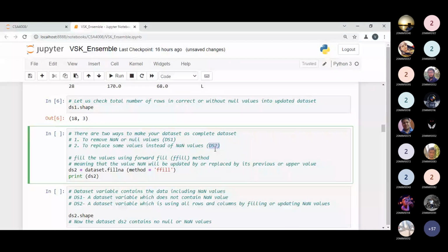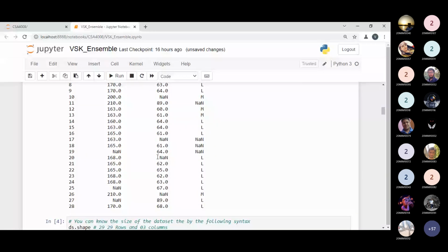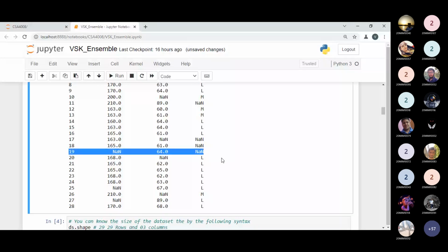Let me explain first what it will do. Look at this point right now. Look at the 19th row, as per the 19th index. The forward fill method will fill the null values from the previous values. So what is the previous value of the height? 165.